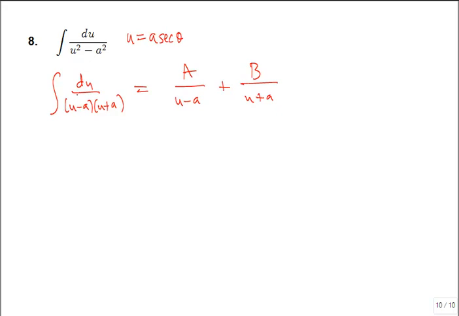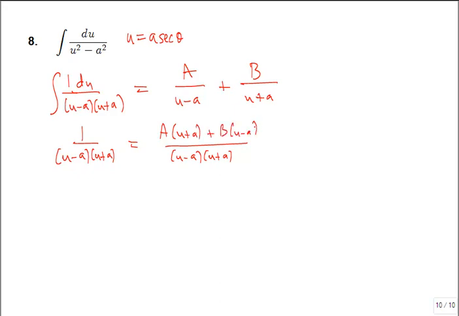The numerator here is implied to be a 1. So this is 1 over u minus a, u plus a. When I get my common denominator on the right hand side, it would be this big A times u plus a plus B times u minus a. So equating the two tops,